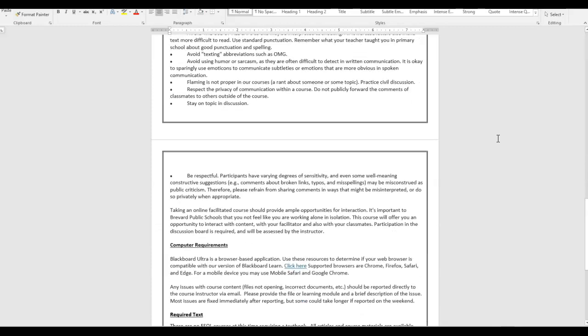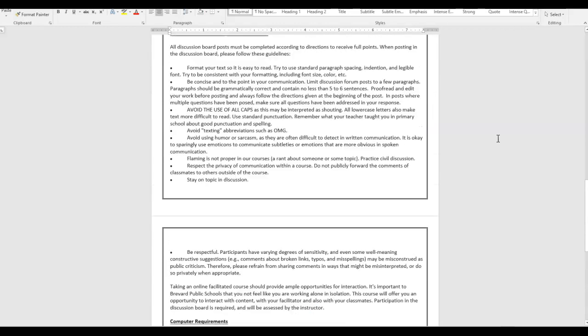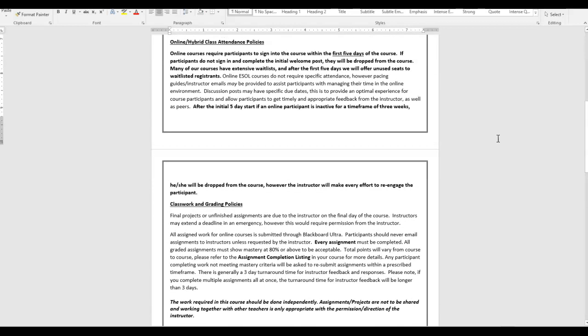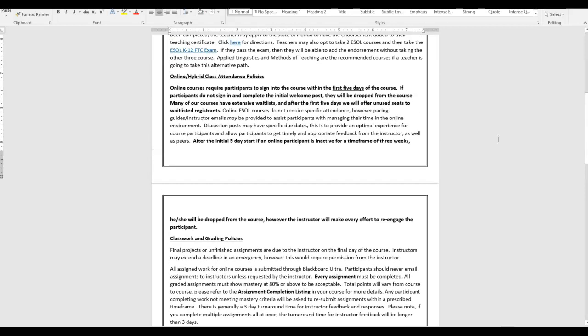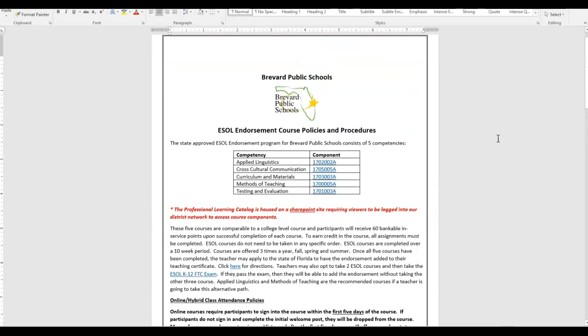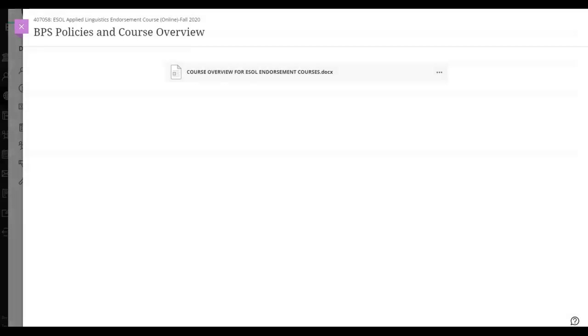The rules for discussion posts are here, as well as the computer requirements and the required text for the course, if there is one. Our ESOL courses do not have a required text. All the reading is embedded into the course. We only have one gifted course that requires text, and that is our gifted creativity. And we do have a couple of courses in reading that do require text. So if it is required in that course, then it will be part of the information that you'll see in